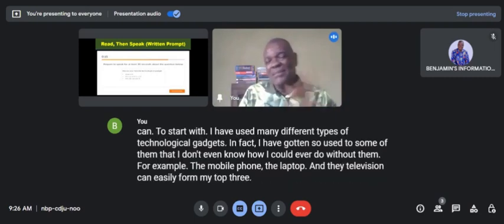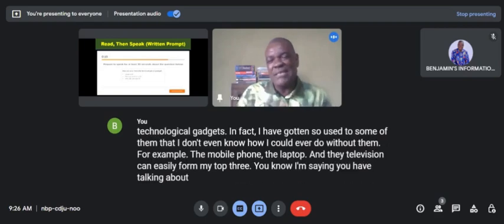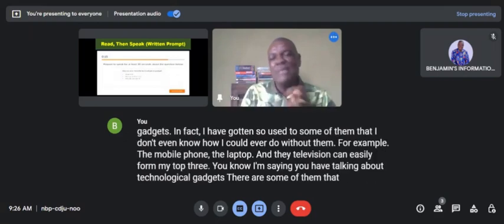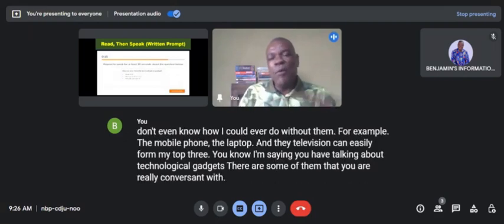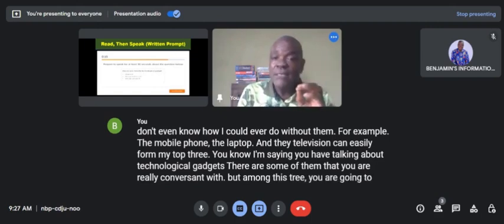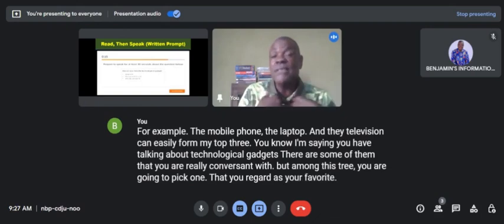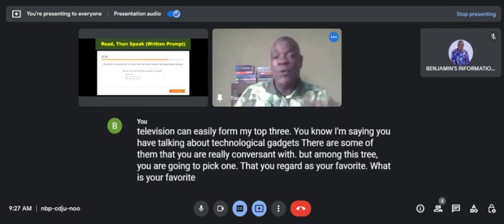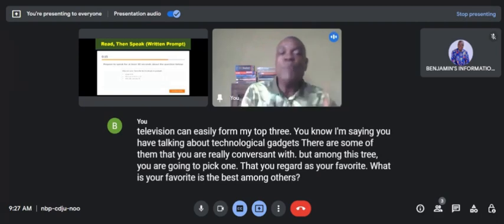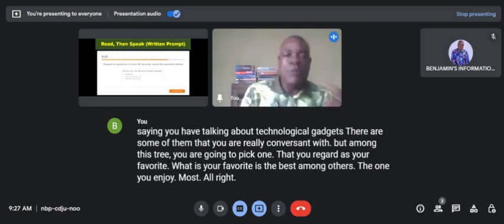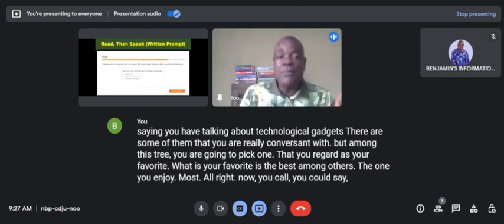You are now saying you are talking about technological gadgets. There are some of them that you are really conversant with. But among these three, you are going to pick one that you regard as your favorite. Your favorite is the best among others, the one you enjoy most. All right? Now, we could say, for example,